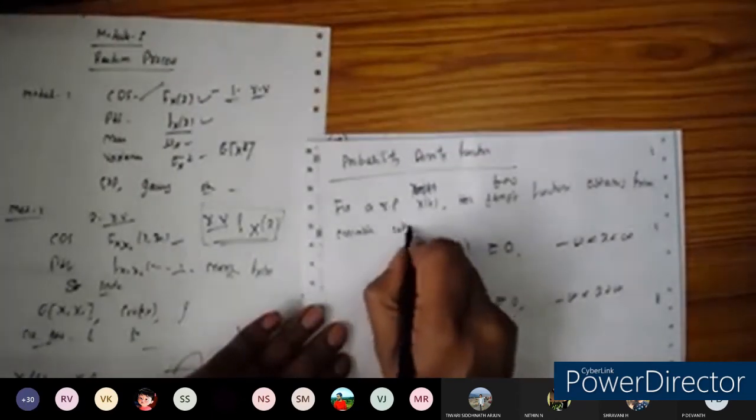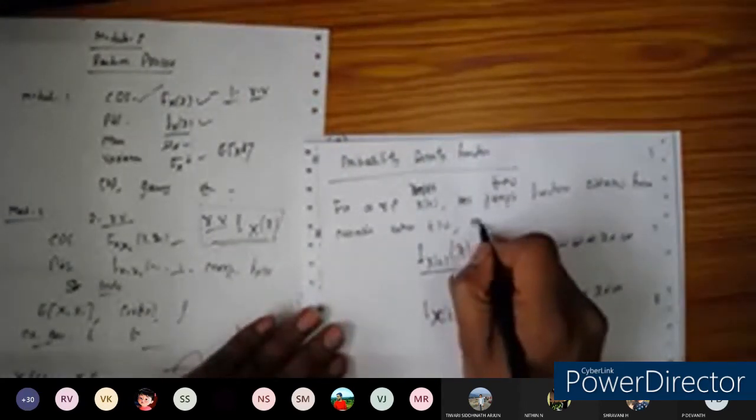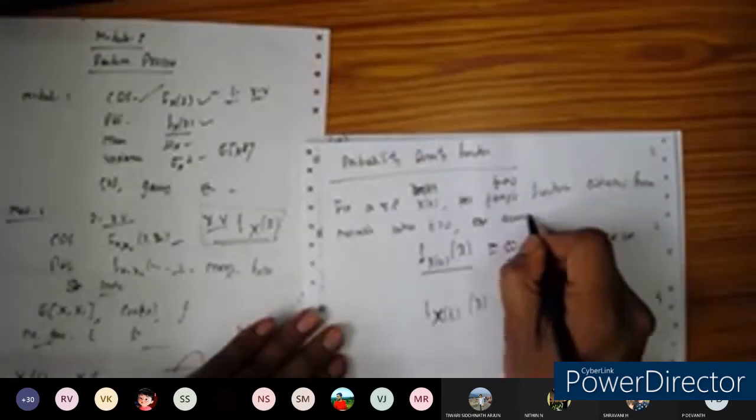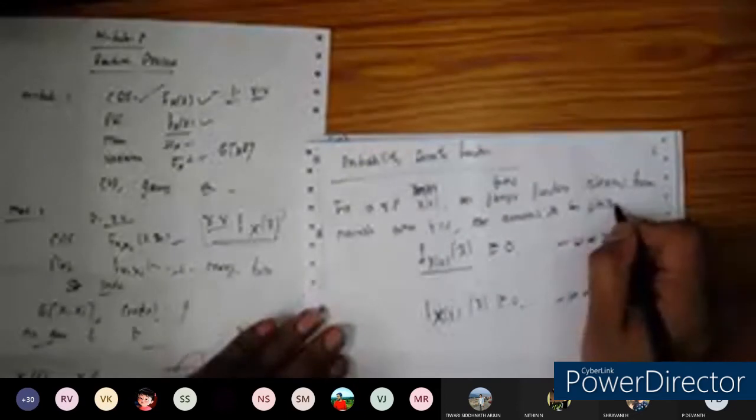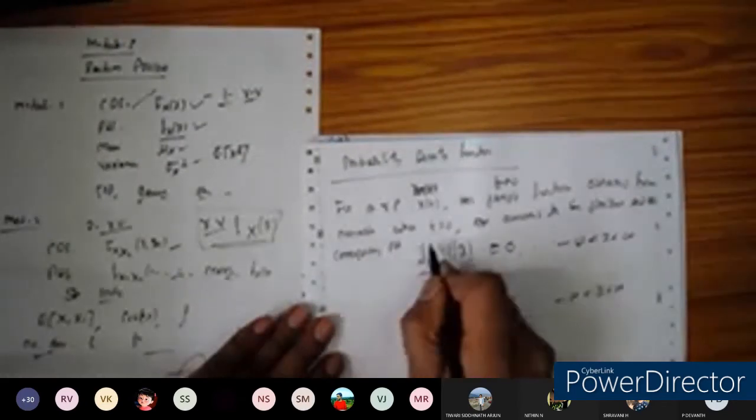When t is equal to 0, the sample functions are assumed to be similar, and the corresponding PDF at t is equal to 0 is defined as,